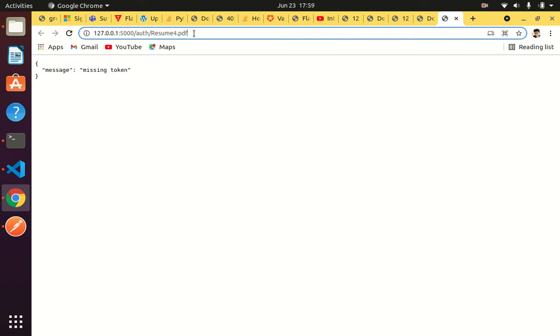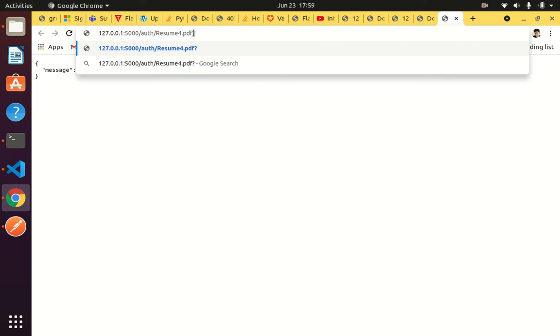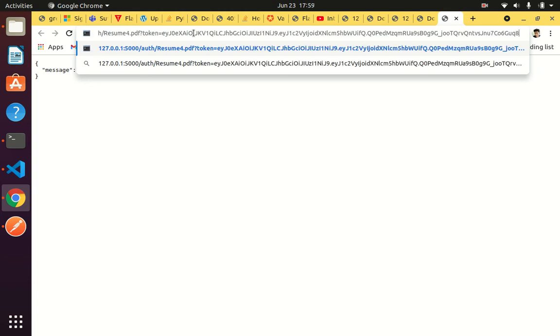I'll discuss in a moment why this has been done. So once I give my valid credentials, valid JWT token, I'll be able to download the file. Let's see if that happens. So again, question mark token equals my token.